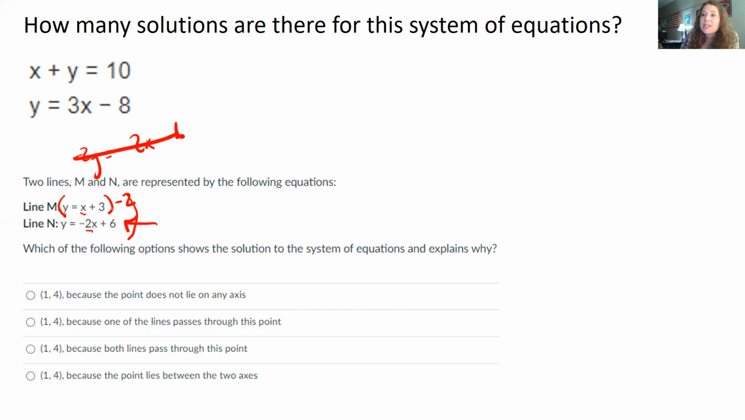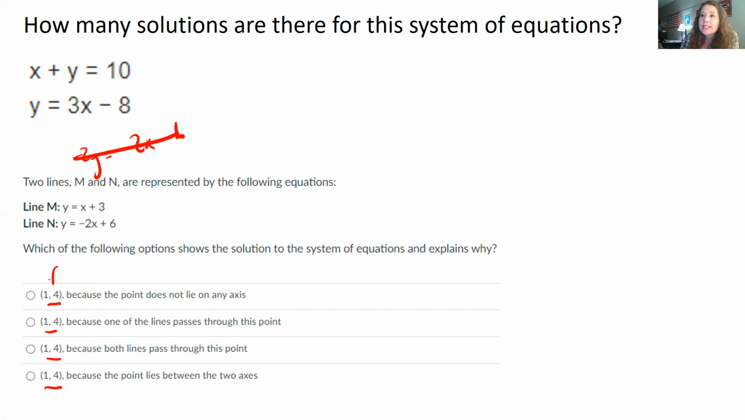Nope. So since they have different slopes, and I tried something to see if they could have the same slopes, I know there's only one solution. The slopes are different. I have one solution. So now when I look at my choices, I realize, okay, well, all of these are telling me the solution is 1, 4. The only thing I have to figure out is why 1, 4 would be a solution. So let's look at our choices. If I graph these two lines, let me erase this mess. If I ended up graphing these two lines,